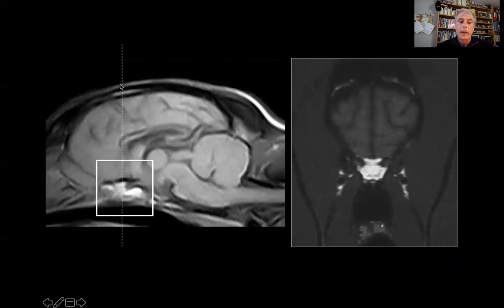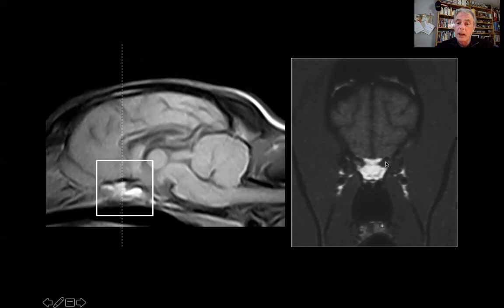So on MRI, you see a midplane section, and you see the sphenoid bone, and there you have the optic nerve that has gone through the optic canal. On top you have the jugum sphenoidale, and caudal to the optic nerve you have the optic chiasm and the hypophysis. On a transverse section done at this place here, you see the presphenoid bone with the jugum sphenoidale, and